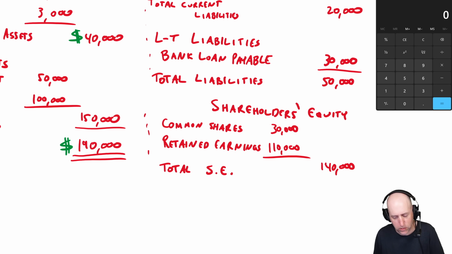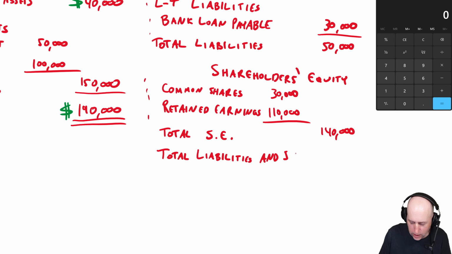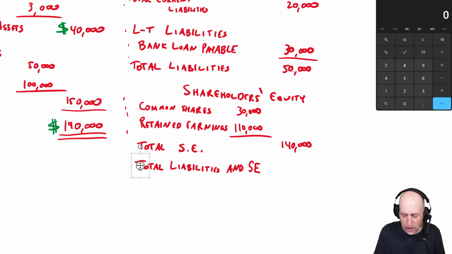I do allow my students to abbreviate here, and particularly this next line. It's a funny line. The grand total on this side is total liabilities and shareholders' equity. So, L and SE. So there it is, total liabilities and shareholders' equity. So 50 plus 140 equals